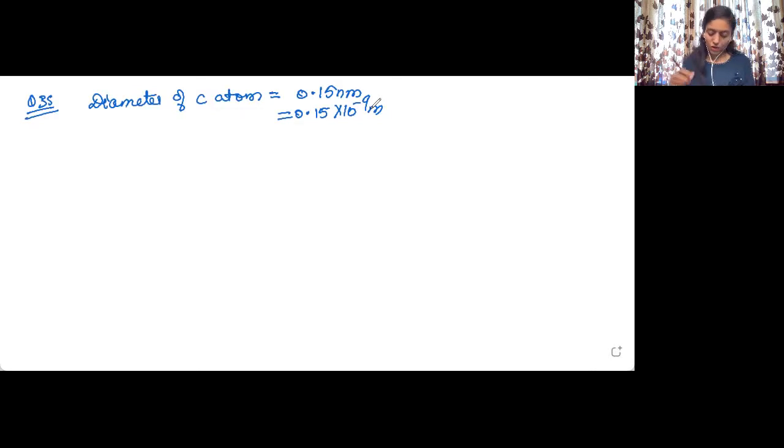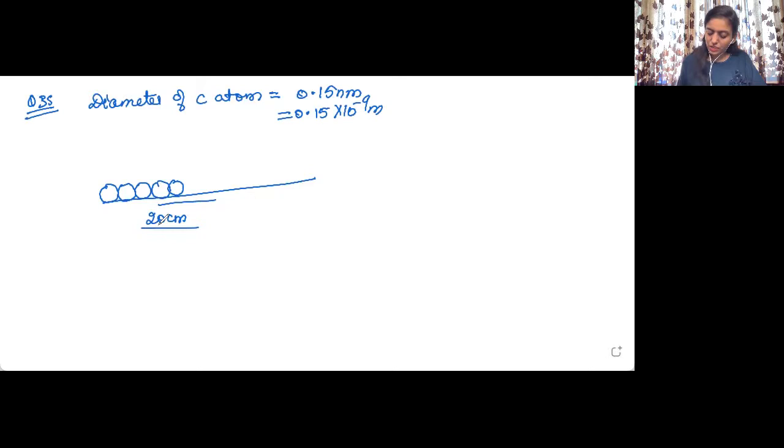20 centimeter long. So we have a scale. What is the length of this scale? 20 centimeter. We need to put the carbon atoms on this straight line side by side. So this is how we need to put the carbon atoms. We need to calculate how many carbon atoms we will be able to place like this on this very length. Diameter of the carbon atom has been given.